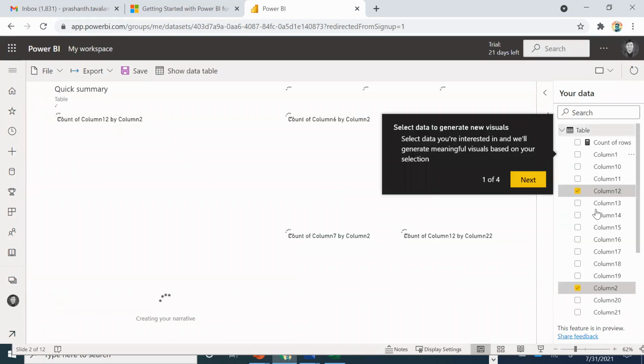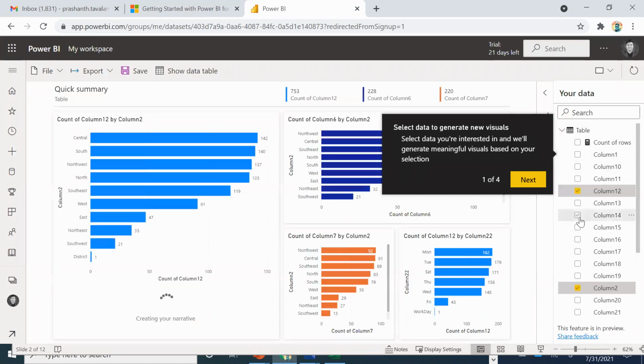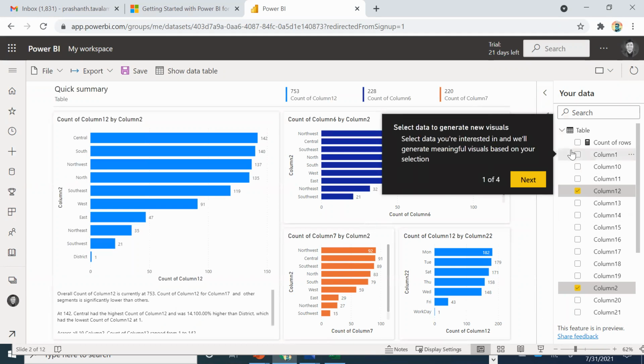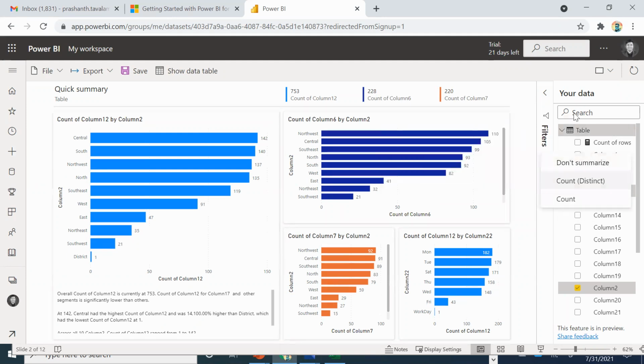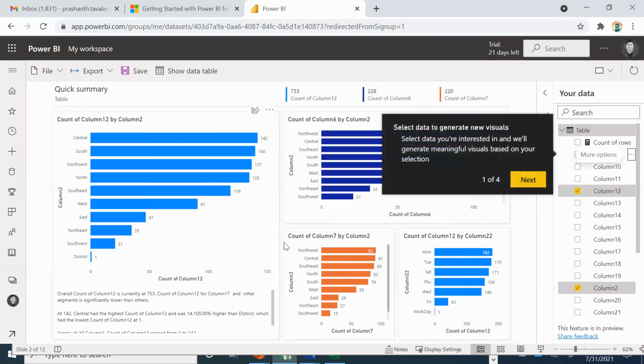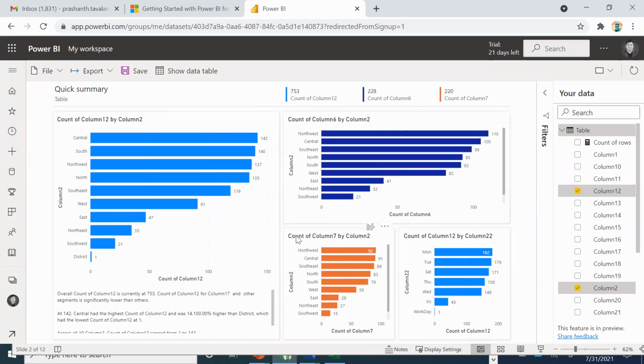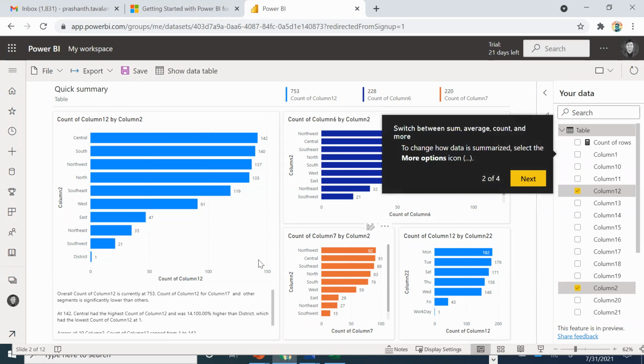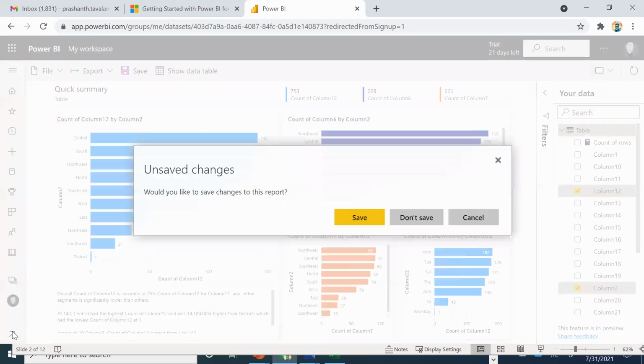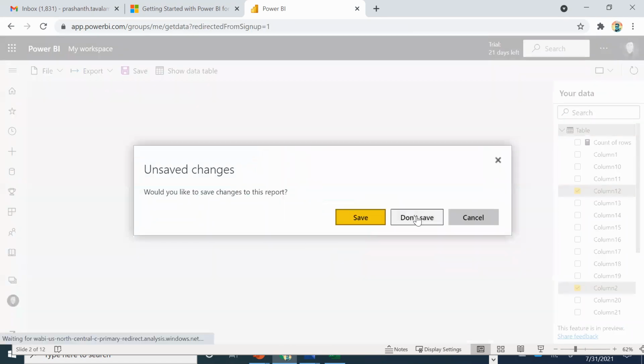Now this table is going to show me all this information. See, this is auto-populated information. If I go back to the data, okay. So this way, these columns have not picked the first row. So that's why it's showing column 1, column 2. Let me go back to creating. Don't save. I'm not going to save this.